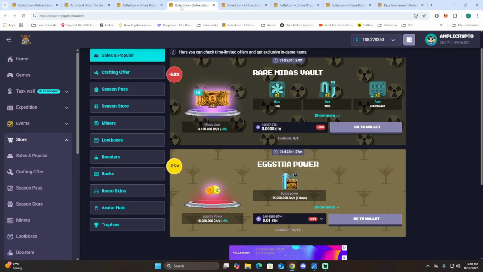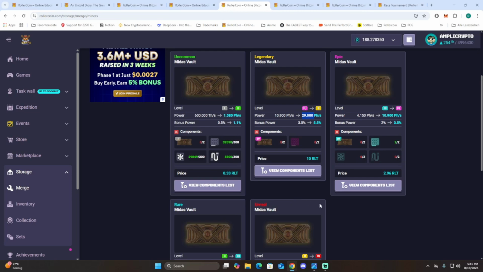The only difference here is the higher you go, the more Ethereum you will need in the Eggstra power to get a lot more mining power out of it. And meanwhile, the Midas vault is not as expensive talking in cryptocurrency, but it gets way too expensive in roller token,